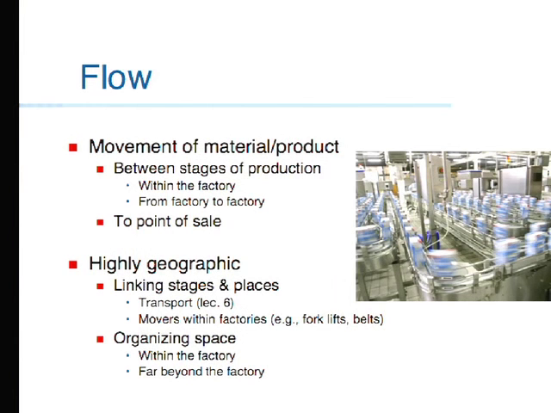It involves transport, of course, and the communications we talked about in the last lecture. Physically, it also involves movers within factories, which we didn't talk about. When we talk about transportation, we tend to think trucks. But within factories, you have little trucks called forklifts all over. Within factory complexes, they can be even bigger. Think of those trucks on an airport tarmac that are moving around delivering the food to the planes. Those are internal to this giant workplace called the airport. They're not external transport. So what do you call them?